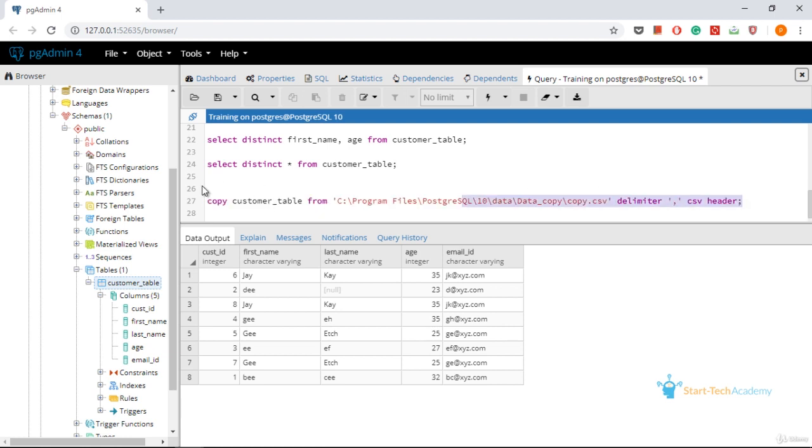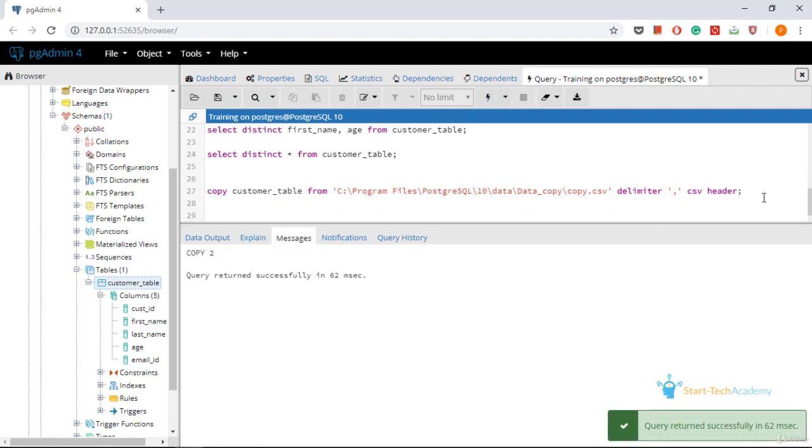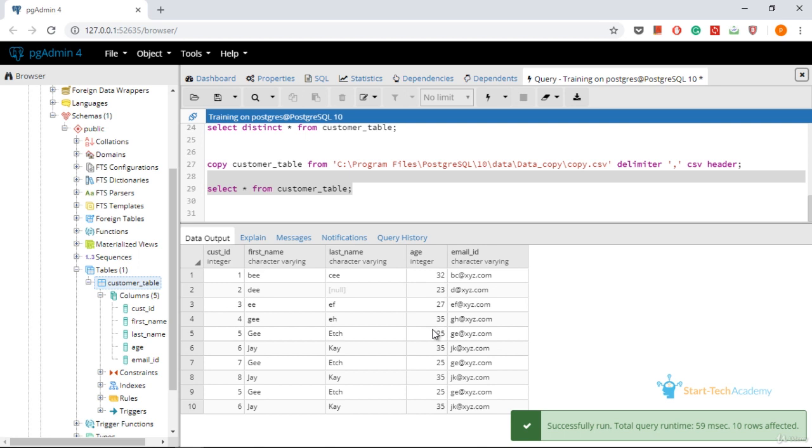This will add the 2 rows again. We will run a select star statement once to see if the 2 entries are added. You can see we now have 2 more entries, and these 2 entries are exactly same. So the 5th and 6th entry and the 9th and 10th entry are exactly same.